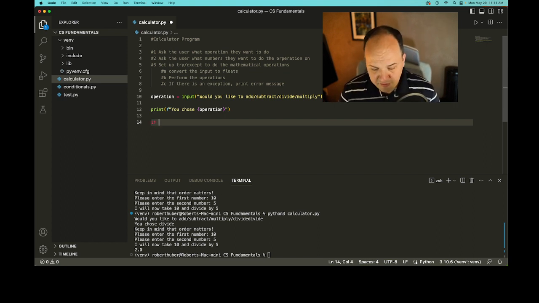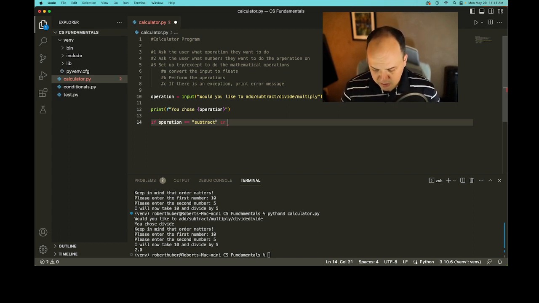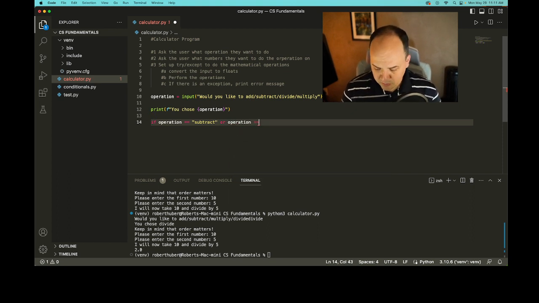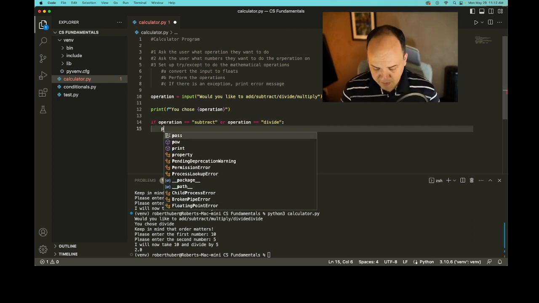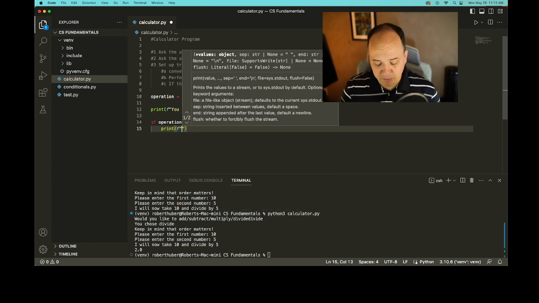So let's say if operation equals either, let's do subtract, or operation equals divide. Why might I want to test for these two particularly? Why are these two important and different from add or multiply? Something worth thinking about, right? Because I want to give some information to my user. I want to make sure my user remembers,